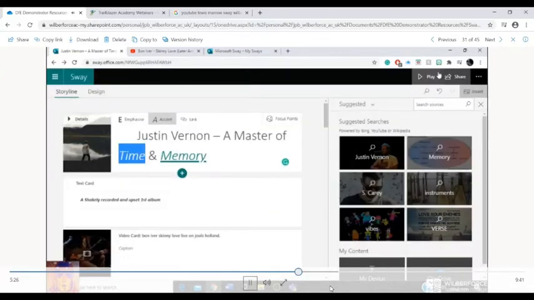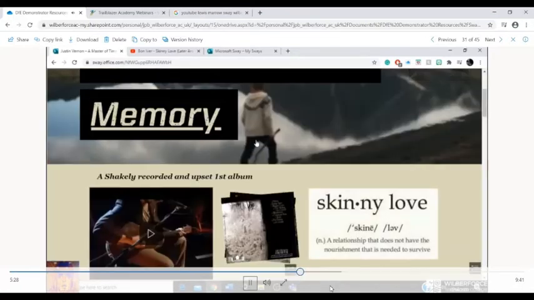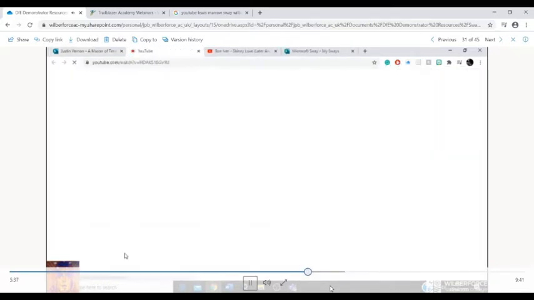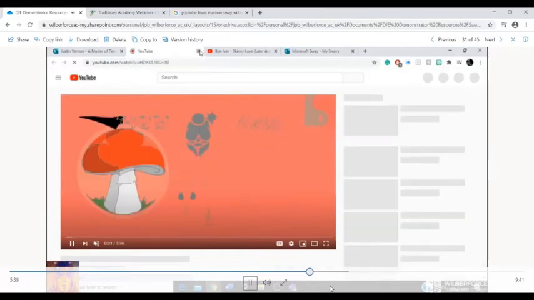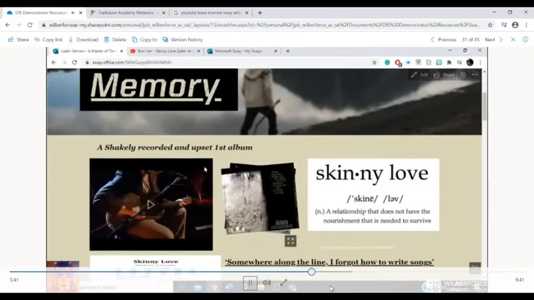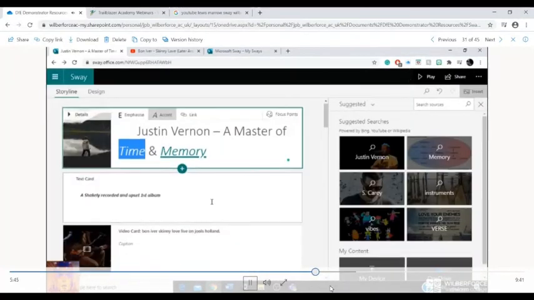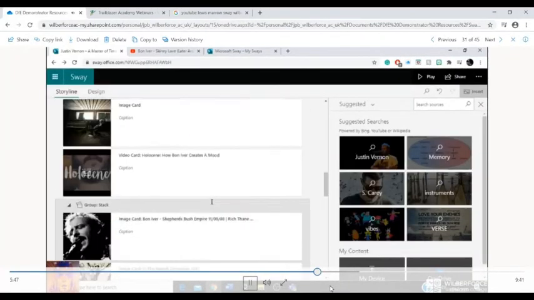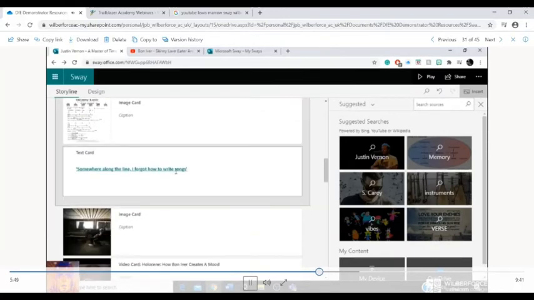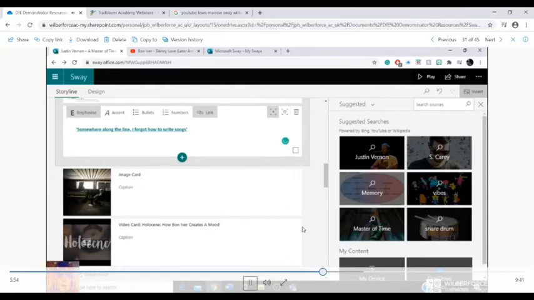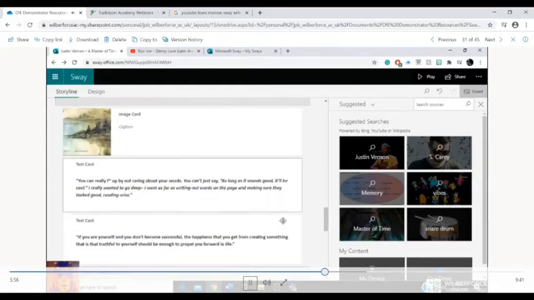So if we go back to play, and my student is scrolling through it and clicks memory, it says on there, because I think it's just my computer, it says it'll be redirected, don't worry about that, yours probably won't, and it'll send them straight to a YouTube video, which I think is great. You can upload, as I said before, any video in any one of the cards. If you see it there, that links to a YouTube video. So you can hide little Easter eggs in things that the students want to explore through the Sway,